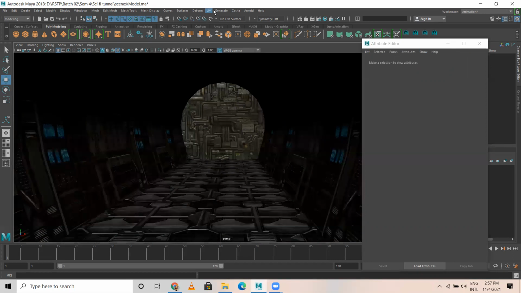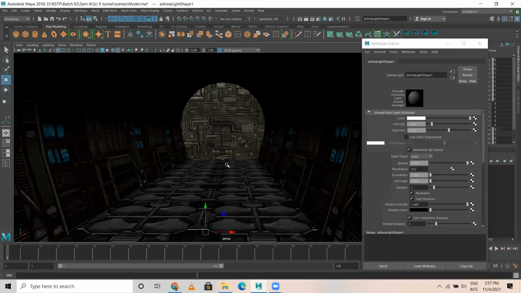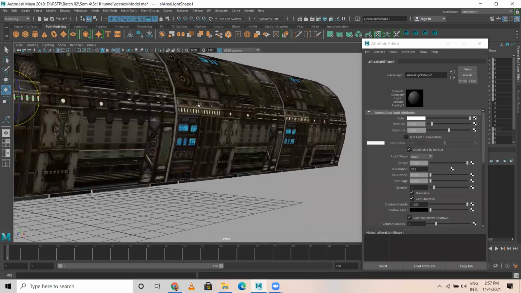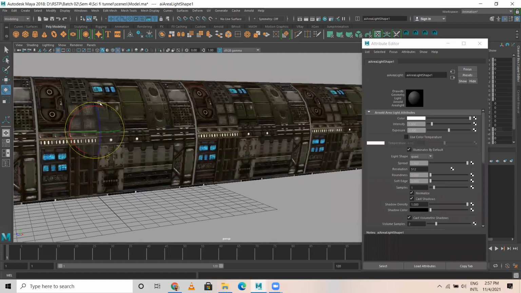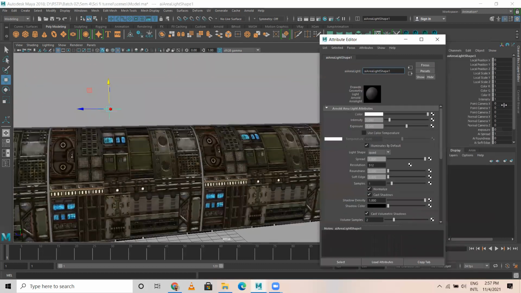For that, I need to have a light from here. I would like to go for an area light, and the area light is here. So as I have said earlier, every session I would like to show a bit of texture, a bit of lighting. So here, if you see, the model is way simple, right? There is nothing in the model. Everything we played with the texture part.